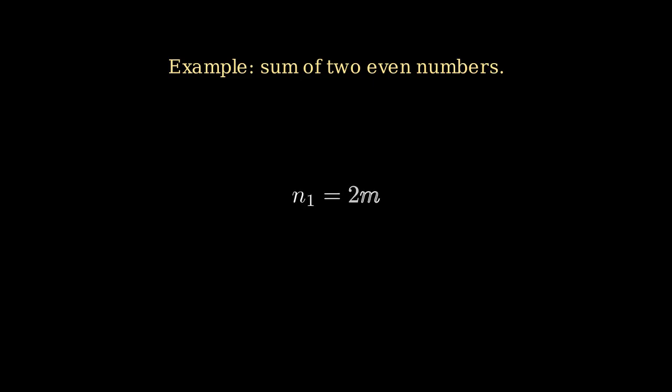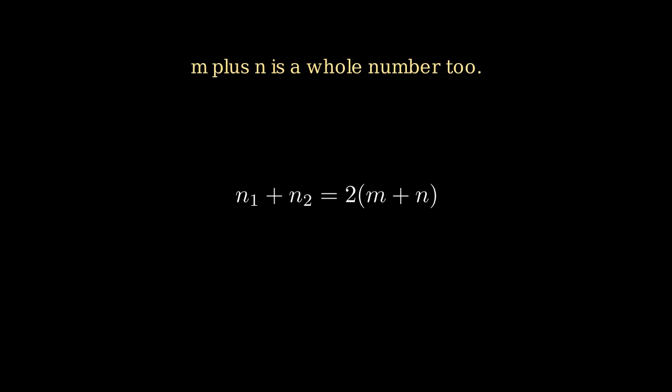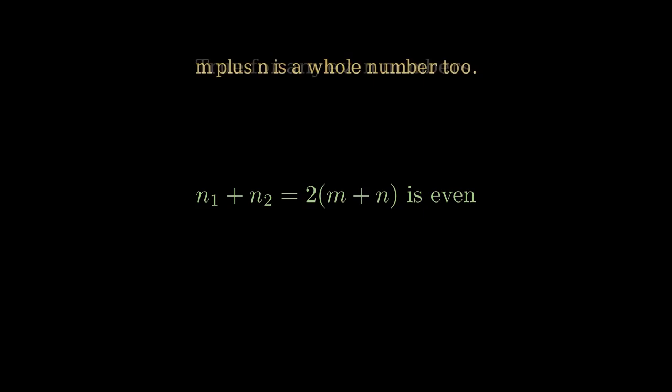Let's prove that the sum of two even numbers is always even. Start by writing any even number as 2 times some whole number, so let the first even number be 2 times m, and the second be 2 times n. Now add them together. 2 times m plus 2 times n equals 2 times the quantity m plus n. Since m plus n is just a whole number, this result is 2 times a whole number, which is exactly the definition of even, so the sum of two even numbers must be even, and this holds no matter which